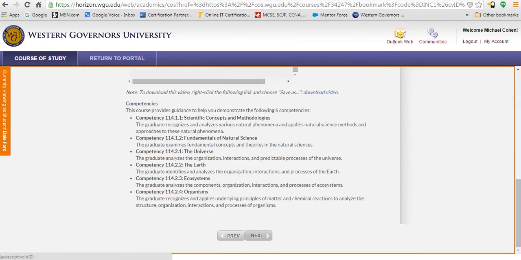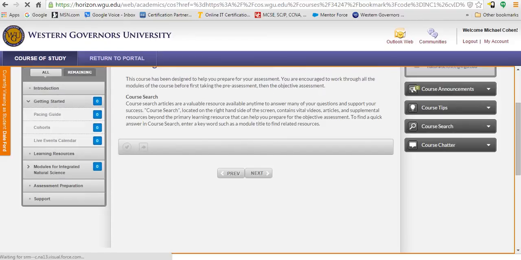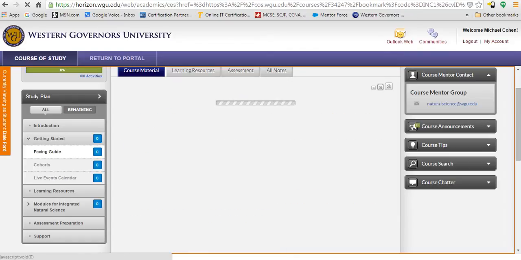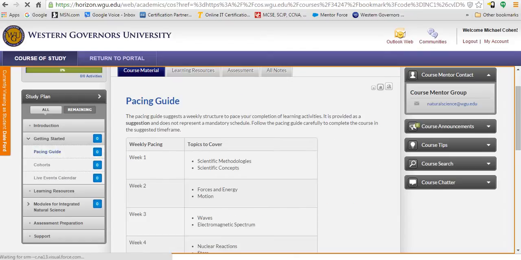At the bottom of every page, there's a previous and a next button. You can click next, and it will go right to the next section. Or if I go back to the introduction section, there's a getting started section, and you just click the next menu down, and then we've got a pacing guide in the getting started section. This is a great resource, a great tool to use